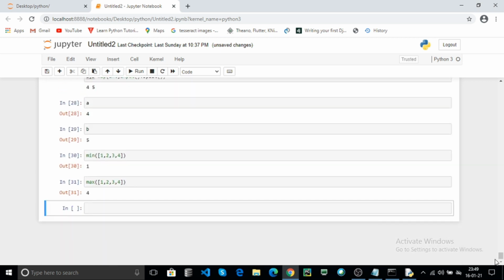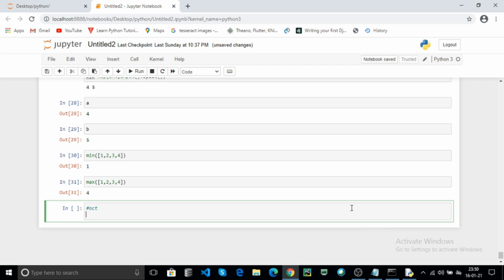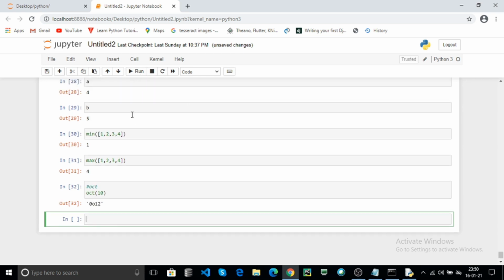The next function is oct, that is the octal. It returns the octal value. Click on run. You can pass any value, it returns the equivalent octal value.